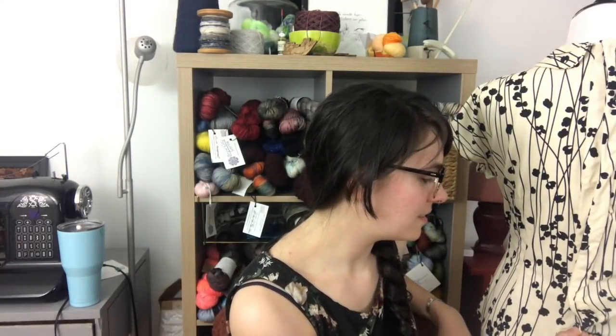I am putting snaps in the back instead of buttons and buttonholes because I can. And it still looks really good. Let me turn it around. So it's still gonna fall. I just have some basted stitches to hold the fabric closed while I do this, except the other night while I was doing it, I sewed a couple snaps in upside down. So instead of having the female part of the snap, I have two male parts, which does not close the shirt. So we're just gonna give the shirt a couple days to relax and breathe